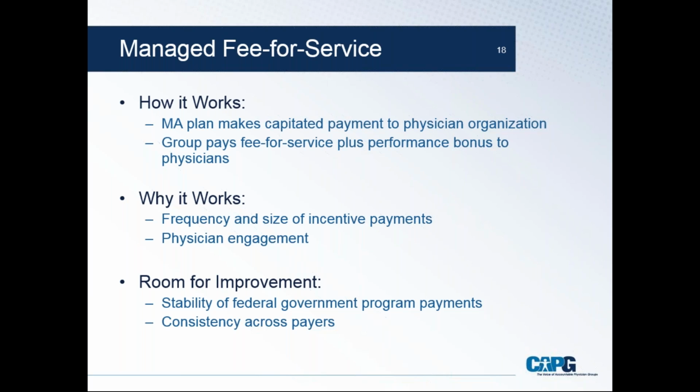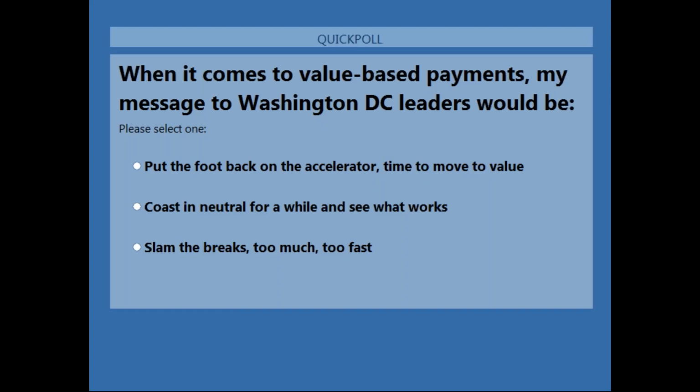The second area of critique for this model is when you're dealing with multiple plans. So in some of our crowded California markets, our physician organizations contract with 8 health plans. The plans may all have different quality measures that the physician group is accountable for, or the specifications diverge slightly in ways that require a lot of effort for our physician groups to bring those requirements together to report to each of those contracting partners. We have been working with the plans to try to streamline that, to bring those quality measures into alignment across different payers, and to take it a step further to align those with what's going on in traditional Medicare as well.